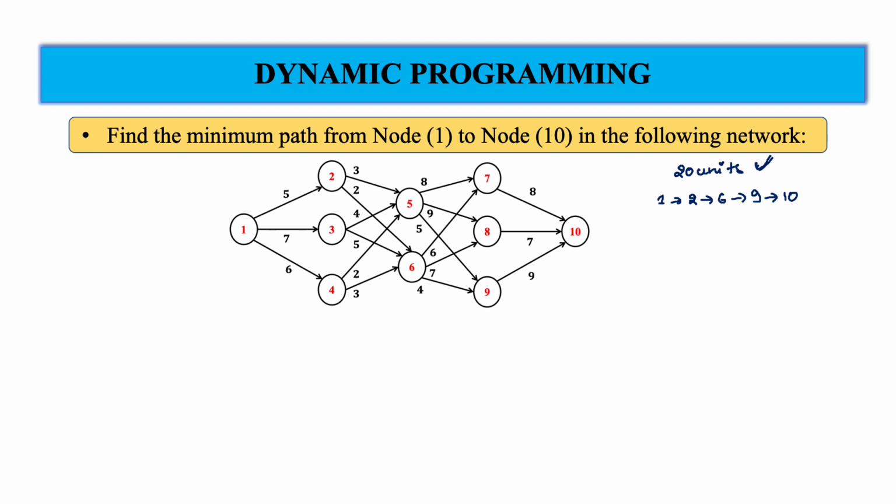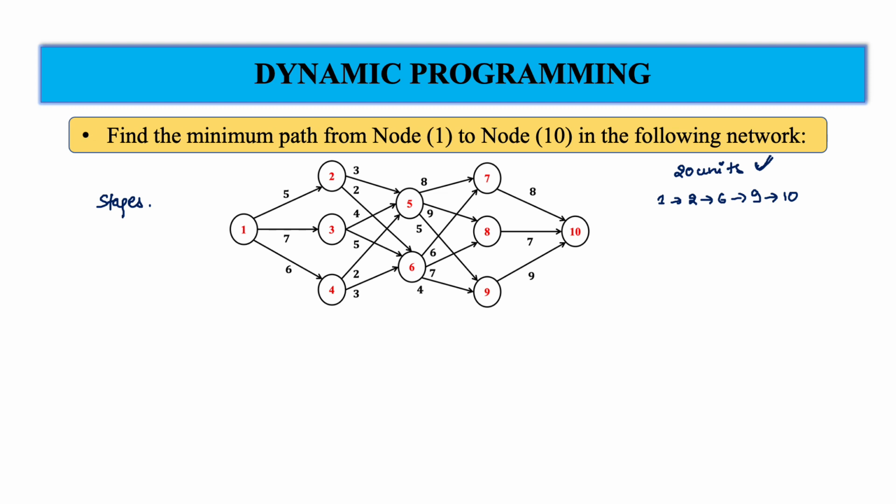In dynamic programming we divide the large problem into subproblems, which are called stages. So we divide this problem into stages. We find the solution of each stage and use the solution of the previous stage in the next stage till we get to the last stage. Whatever we obtain in the last stage will give the optimal solution. Let us see how to solve this problem with the help of dynamic programming.